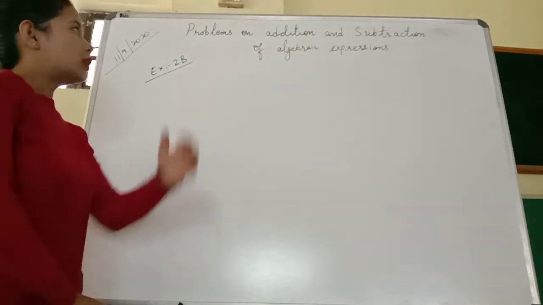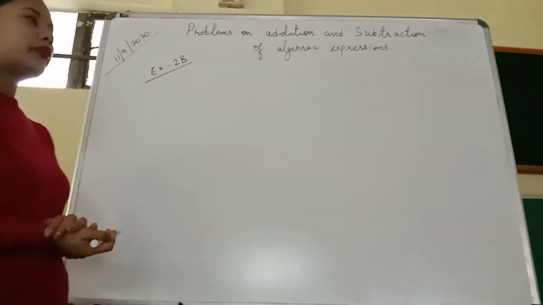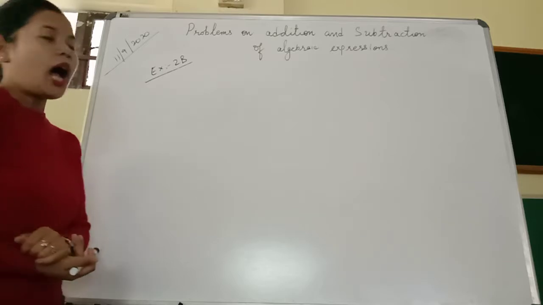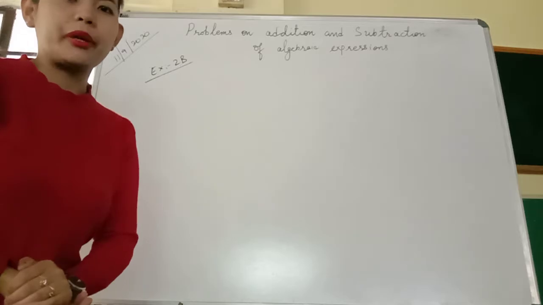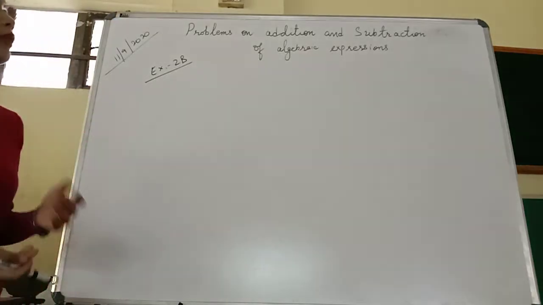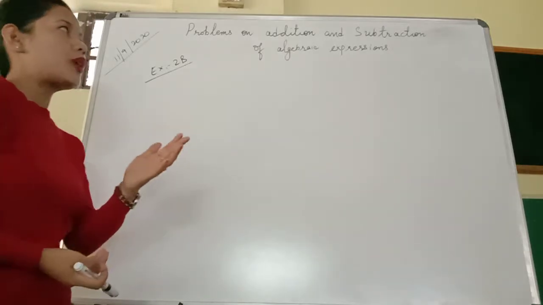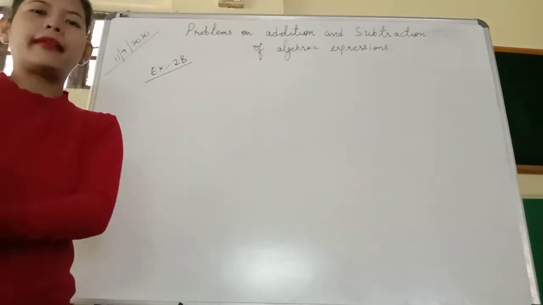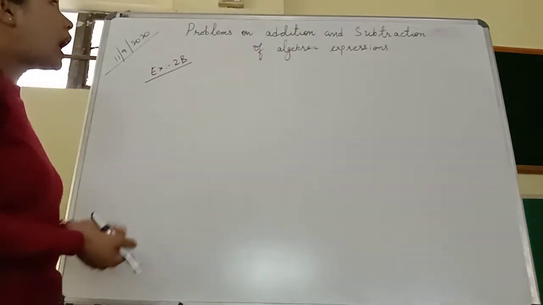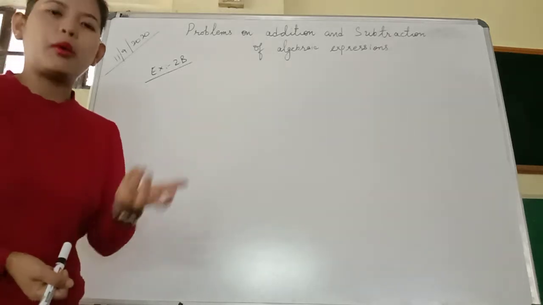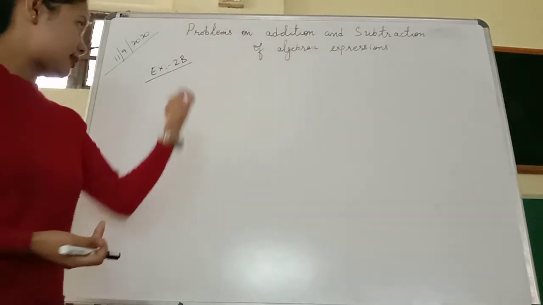We have discussed the word problems based on addition and subtraction of algebraic expressions. In previous classes we have already learned how to add and how to subtract algebraic expressions. Previously we were dealing with questions which were direct. They used to ask: subtract this from this, add this to this algebraic expression. But today we will learn how to formulate the word problems and then solve. I'll be taking a few questions from your exercise 2B.